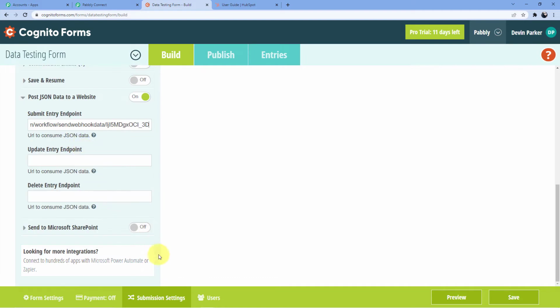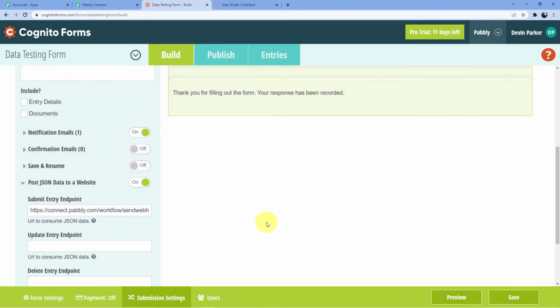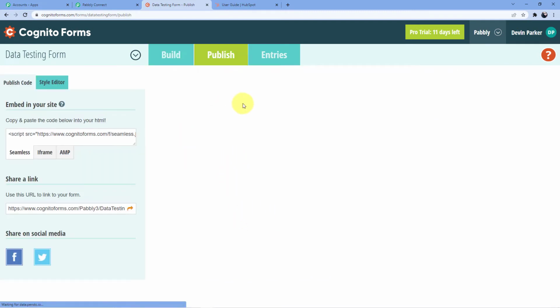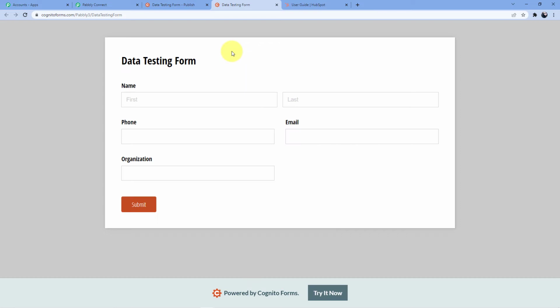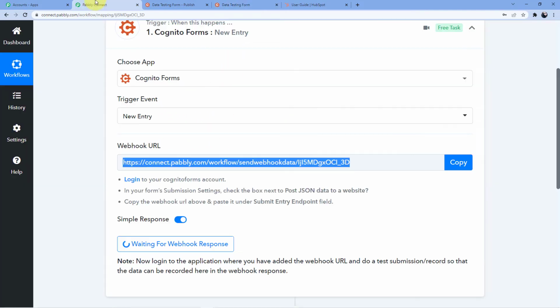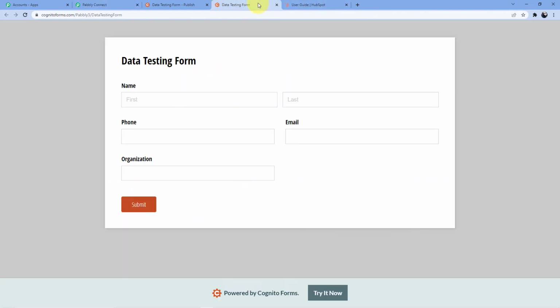After that you are going to click on publish, and then you will click on save changes. Now as soon as you do that, you will see your form will be published here, and this is the type of form you're going to see. Just go here to this URL and use this to open your form. And now here we are going to have a submission. Now as soon as we do this submission, here I will get a webhook response. So let me just do that.